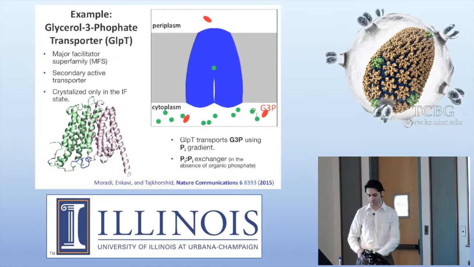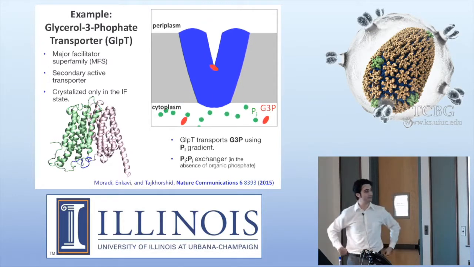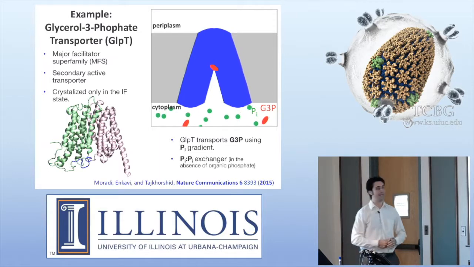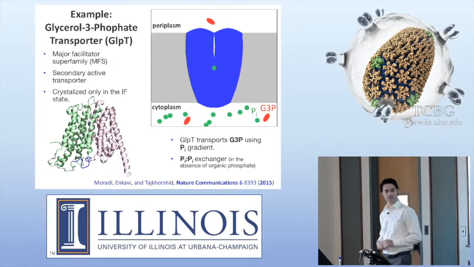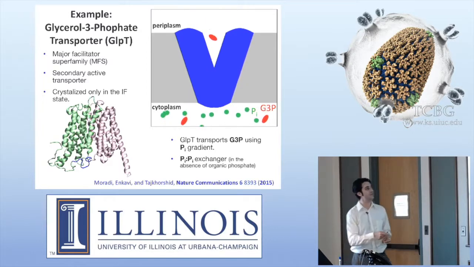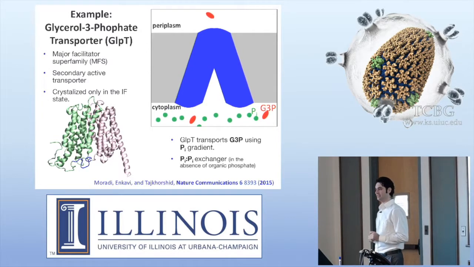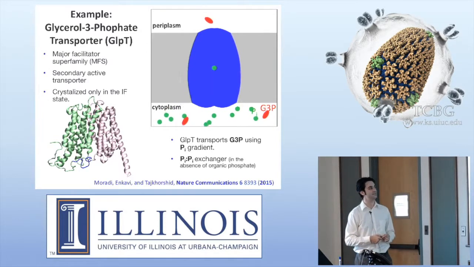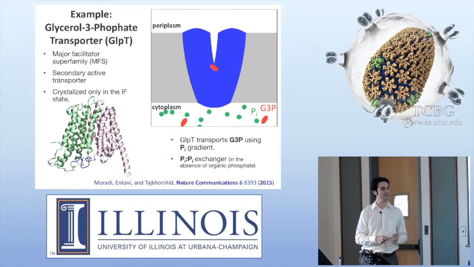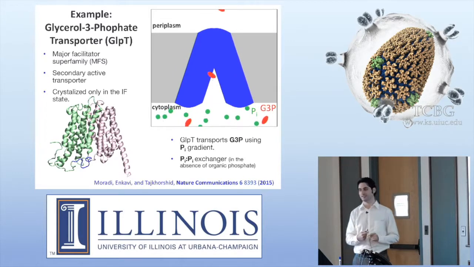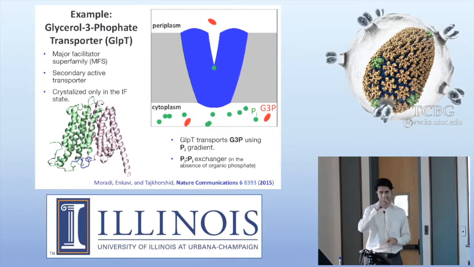So I want to show a couple of examples before the end of the first session for this empirical approach of choosing collective variables, and this is the example that I published a couple of years ago for the GLPT, which is the homolog of the same protein that I showed initially, and it's an antiporter, so it basically binds a phosphate and goes to the other state, and then binds a glycerol 3-phosphate and transports it against this